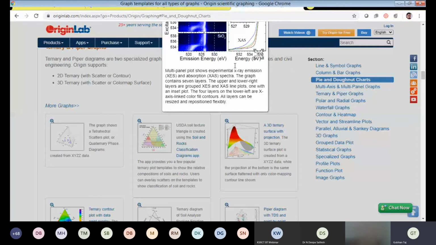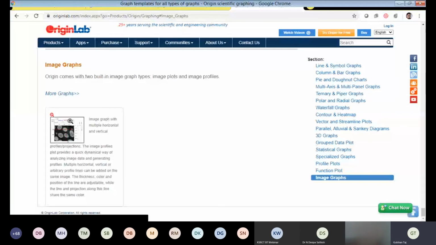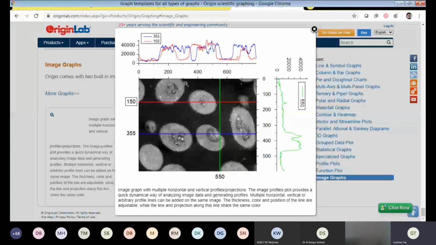Temporary contour plot. Okay. So I have just shown you the website. It is time for you to go and explore yourself. There are image graphs, because some people belong to the medical, biomedical field, and they will require this type of images, right? They have to show where the scale is, zoom it, and show the conclusion their paper wants to give. Everything can be shown like this. So there are n number of options available.